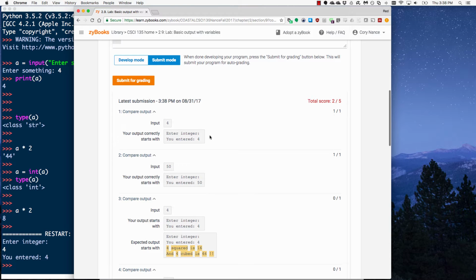Cool, so we got the first two right. Basically, the user entered 4. Now you won't see that 4 here. That's one of the frustrating things about Zybook tests, and it has a technical explanation. I'd be happy to go into that if you're interested, but for now I'll spare you the details and just sum it up: this input is provided, but it's never shown in the output,